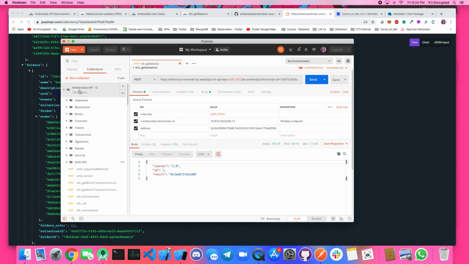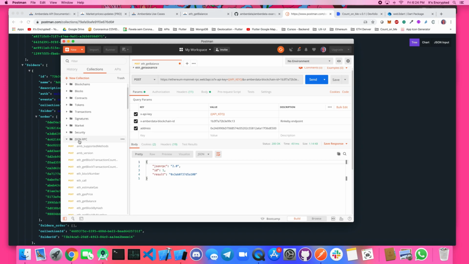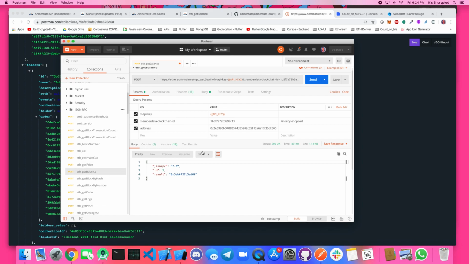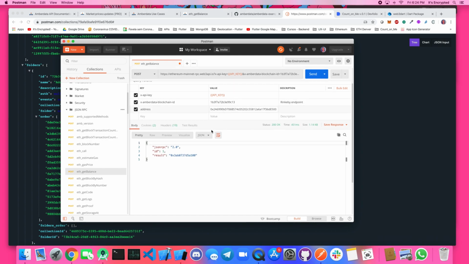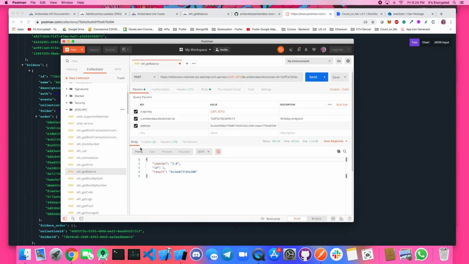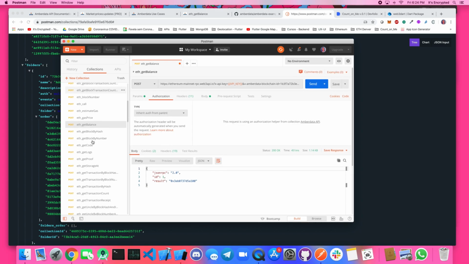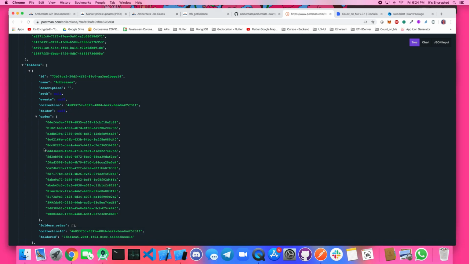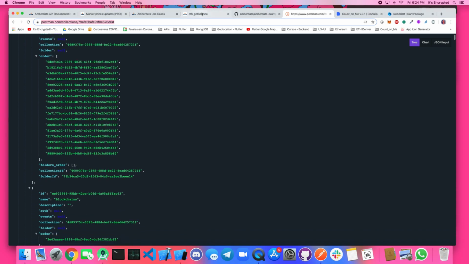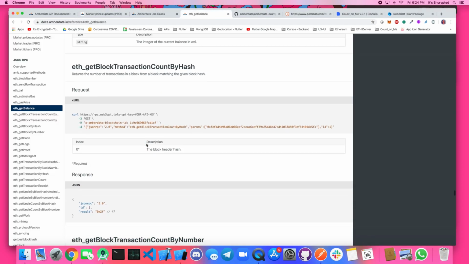So the Ember Data over here, as you can see, it has the get balance. And then given your unique API key and your address, you will be able to test those methods here. So it's quite nice that you can test, even if you don't want to test in your application, you can still use their services. What I did like specifically was the amount of support that they gave to me as